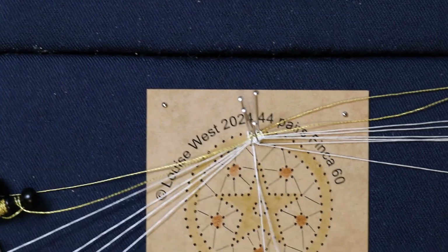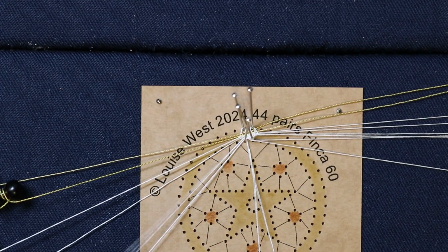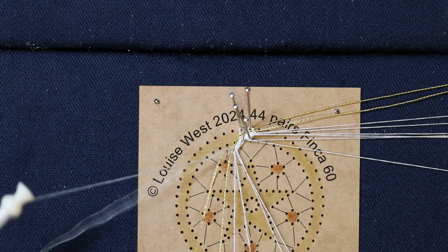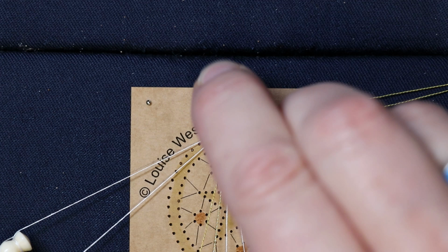So you can't quite see the glitter on the top of this green of the pattern, but I think once it comes off it will look quite nice. Just give a little bit of sparkle on the edge. So I'm just cloth stitching backwards and forwards,